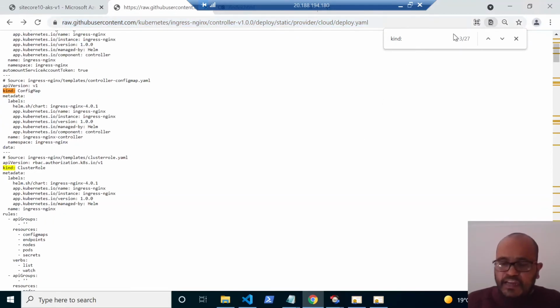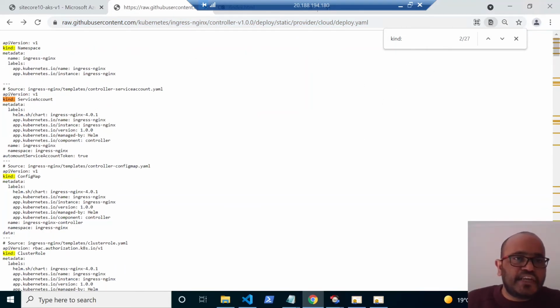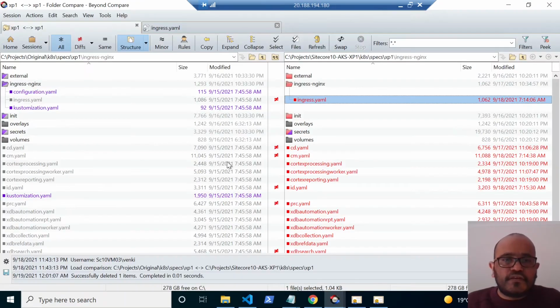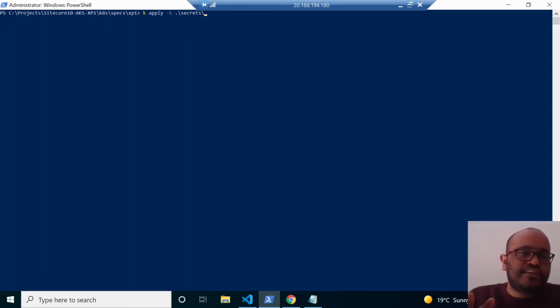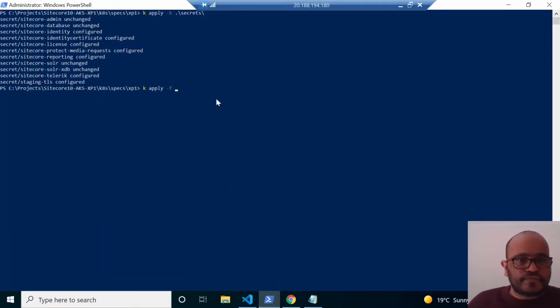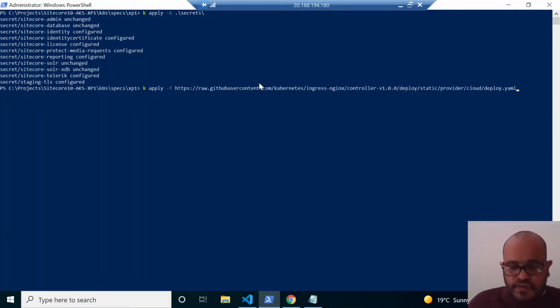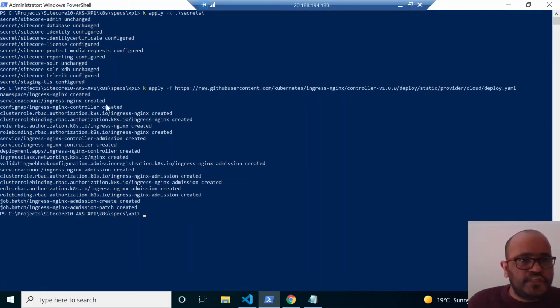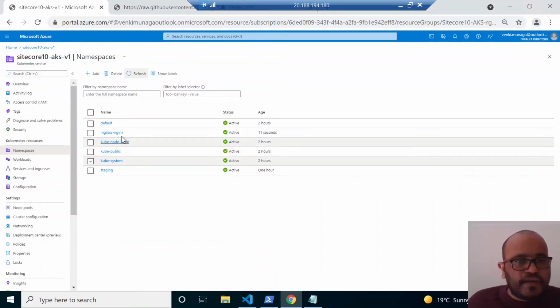And if I look into the kind, the first one, it will try to create this namespace and try to deploy all these kinds inside that one. Next, I will directly deploy whatever my custom changes of the ingress are. Okay, let's start. First, I am deploying all the secrets. You can also do the specific SSL one, but I am deploying all. Next, I am deploying this YAML. So kubectl apply -f and this YAML. So if I see, these are all, it will deploy this. This step created the new namespace and deployed everything inside that.